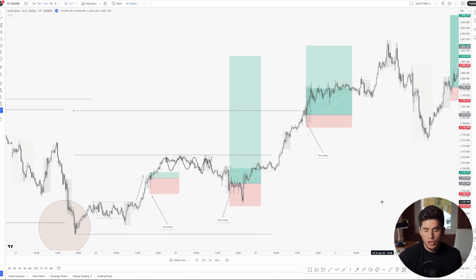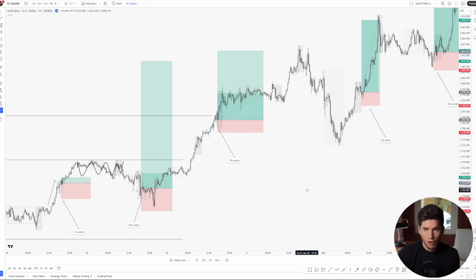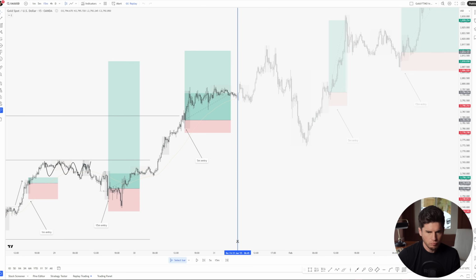And even though this was early New York, I'm still on the anticipation that we've got volatility in the market, and I'm probably not expecting that price is going to create a higher high, a higher low, another higher high, and then a sweep of liquidity on the 15-minute time frame. So I'm going to be really on my toes, refining down to the 5-minute, 1 minute if I need to, but I actually don't go down to the 1 minute again after that. Like I say, less than 5% of my trades are lower than a 5-minute, and 90% are 15. The rest of the trades here are 5-minute and 15-minute entries.